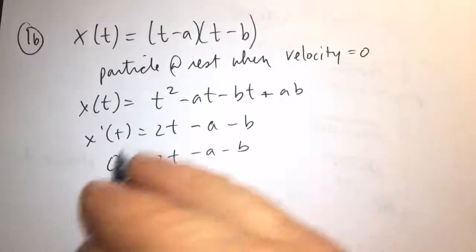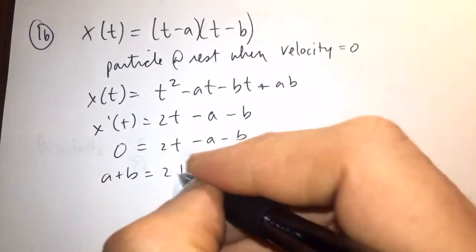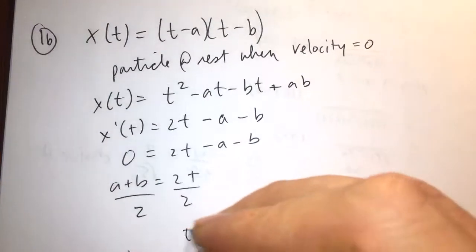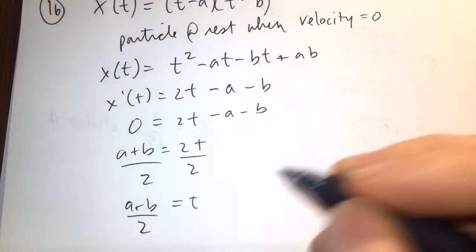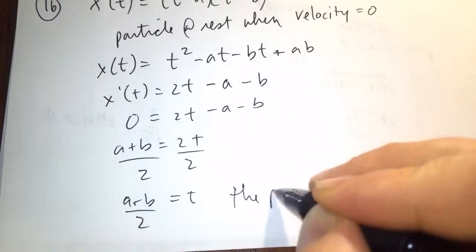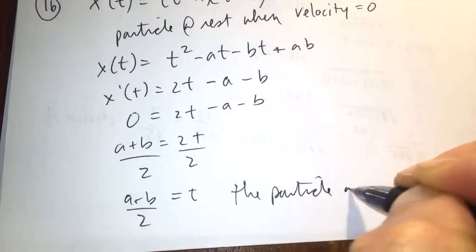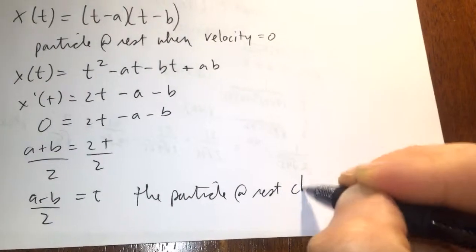I'm going to add a, add b. You get a plus b equals 2t. Divide both sides by 2. So at time a plus b over 2, the particle is at rest. This is choice